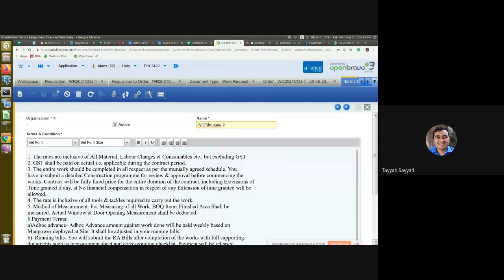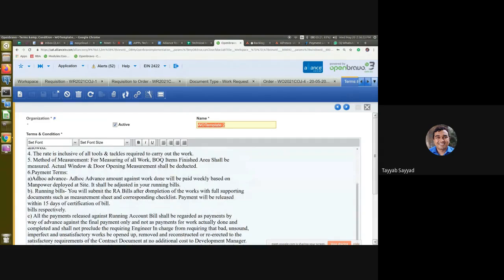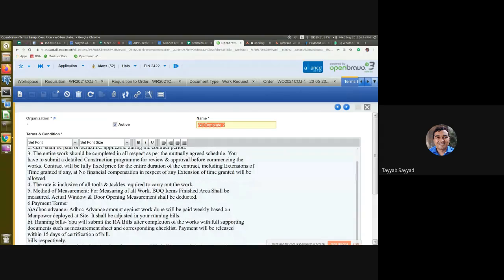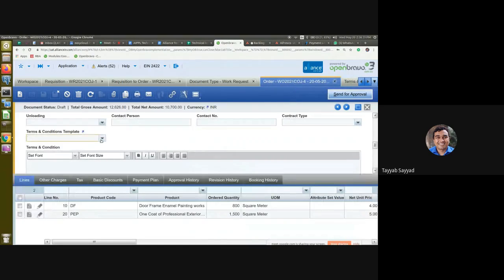This is the second template. So you can keep on creating templates for the work order terms and conditions. This is template 2, which has a lot of payment terms and all the work related information given in it. Okay, so in the order, I can choose any of the templates from the list, and the same terms and conditions will get auto populated.